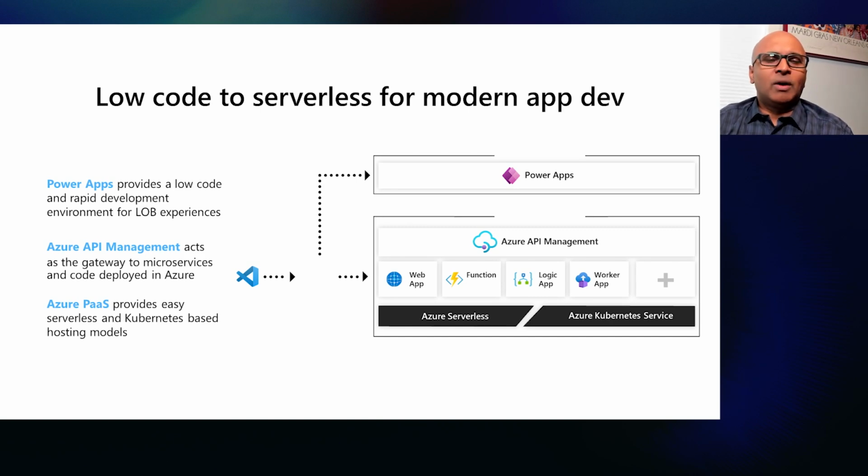The typical rubric that we have is the Power Apps layer, which provides a low-code environment for rapid application development for line of business applications. We have the API management layer in the middle that allows us to use Power Apps and connect to the back-end resources that are running on top of PaaS capabilities provided by Azure, running inside containers and so on and so forth. That's the paradigm that we'll start seeing across a lot of these enterprises from a digital transformation perspective. But there are more.